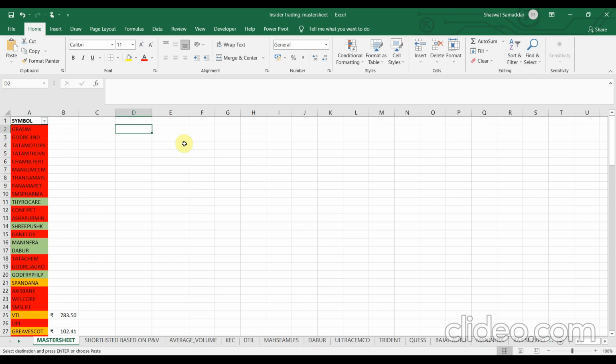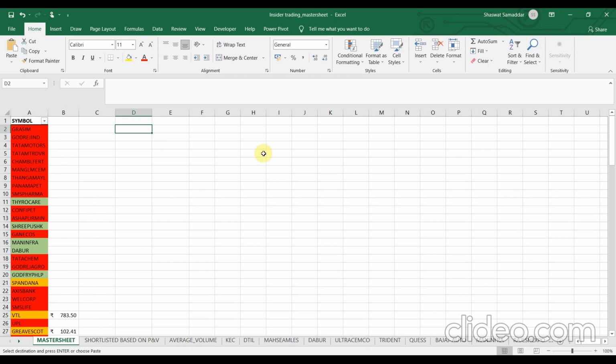As I told in the very beginning of the video, this particular analysis of insider information is to be done on a daily basis. Now, it is not possible for us to do the analysis of each and every stock from the 86 stock list. So that's why I maintain a master sheet so as to maintain the stock names for which I have already done the analysis. And I do the analysis for the stocks which I have not done the analysis for in past.